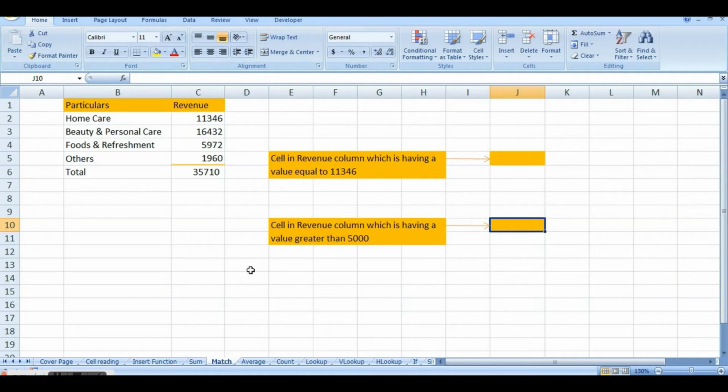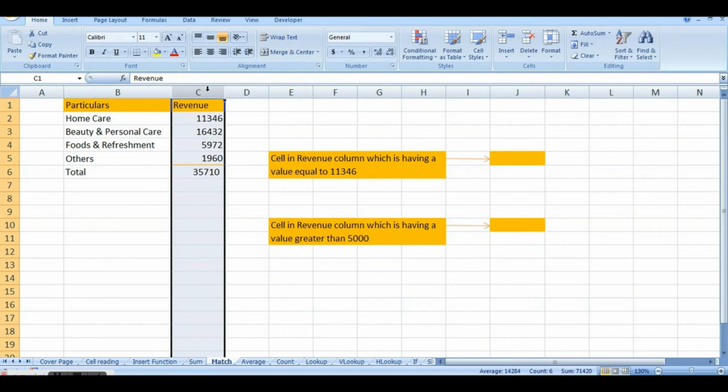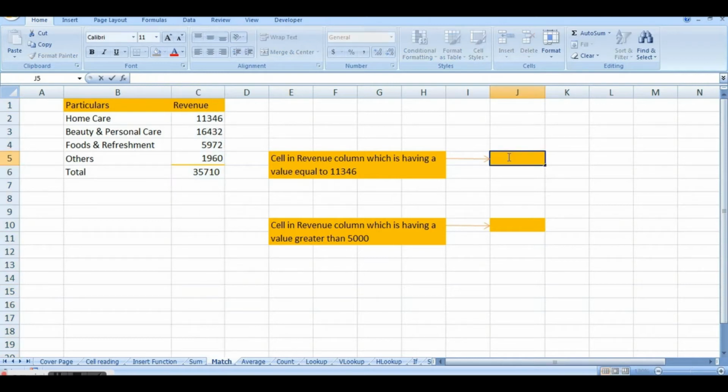Means if you want to find certain value in the data provided to you, from that you can find out the position of that particular value using match function. For example, if you want to find out from this data the cell in the revenue column which is having a value equal to 11,346, so what I will do,